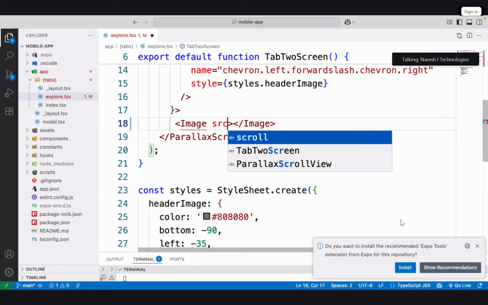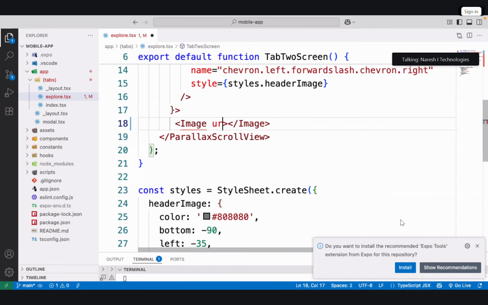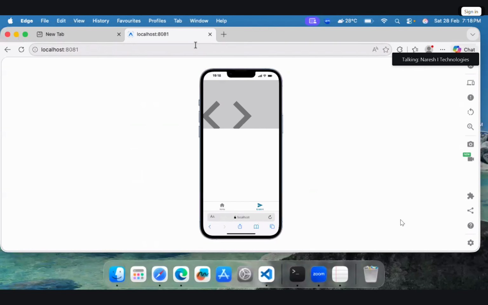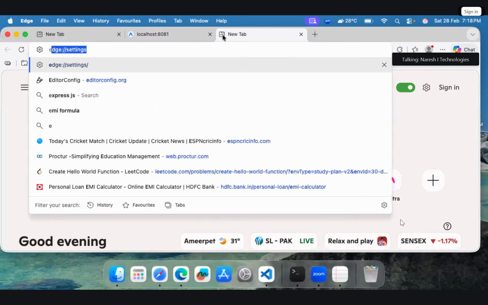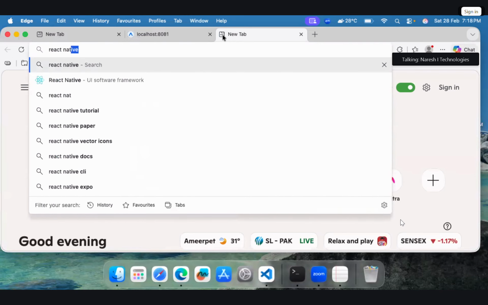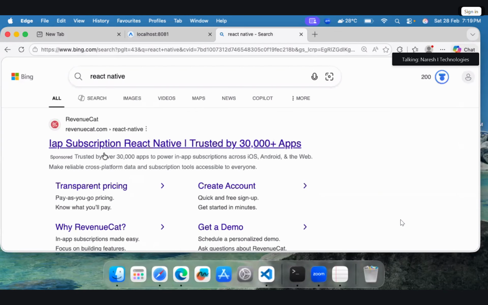And we have to use image with a URL, meaning we need to check what properties they have. I will show you their separate library. This is React Native. You can see their components.